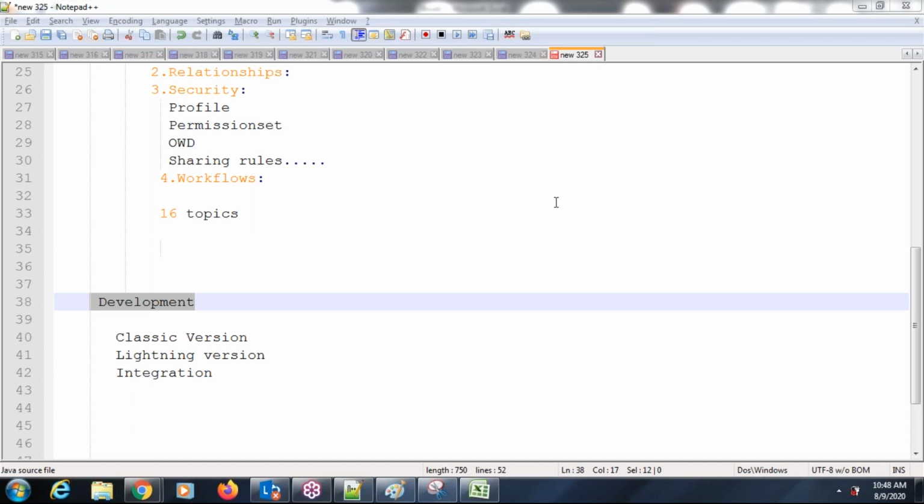I'm from a maintenance background, so I was just worried about the big data. No, it should not be like that. If you know any programming language, it is an advantage because you know the concepts, and the same concepts we implement here also. The syntaxes are different. Java is also a programming language, so the syntaxes are similar to here, but we will start from the basics itself. It's not mandatory. If you know it, it is an advantage. If you don't, no worries. We will start from the basics.